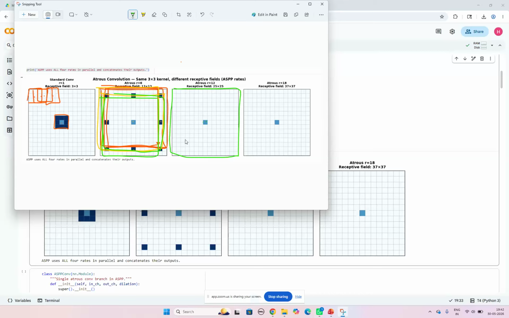So when we use 25 cross 25, it will take the whole thing and give you one result value. Similarly for 37 cross 37 as well. Since it's 15 cross 15, it will take the middle value of those convolution values. Hope this part is understood, how we got each and every value.